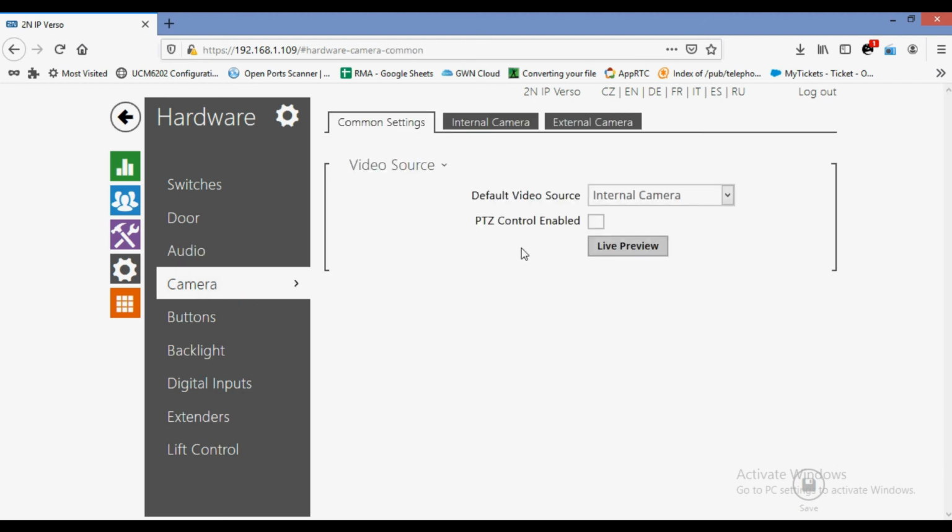And this is for camera setting. Whenever you call this device from a video phone and you want external camera streams, you have to select external camera. If you want the internal camera stream, you have to select internal camera.